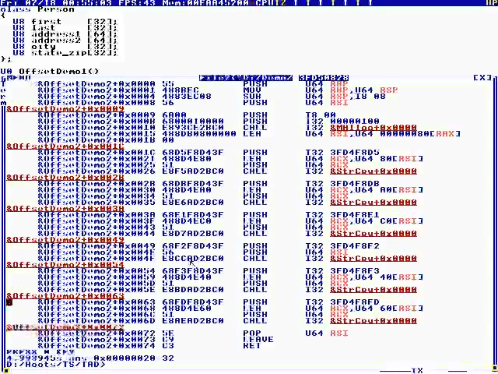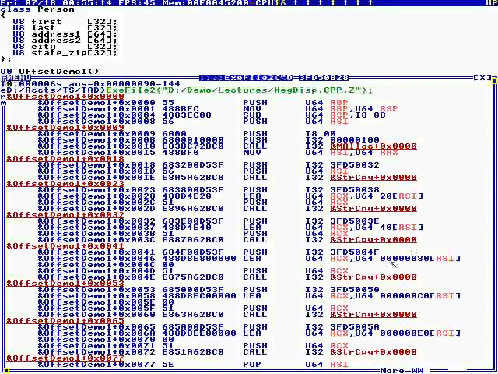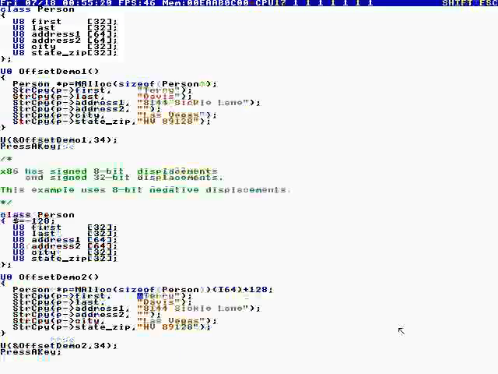So this is the assembly code. Notice these are all 8-bit signed, whereas up here it was using 32-bit signed. So I don't do that because I don't want to confuse beginners. This is open source, and one of the selling features is simplicity, so it's not a good idea to confuse everybody. It's pretty neat though, isn't it?